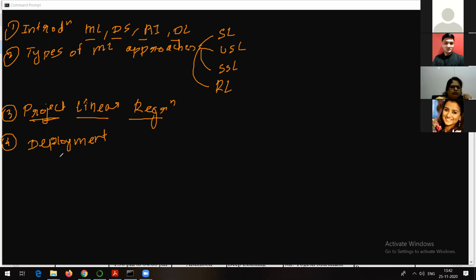The customers or the consumers are not able to make use of it, right? So the project which we are going to develop here, in the third step, I am going to show you how to deploy that particular project onto cloud.